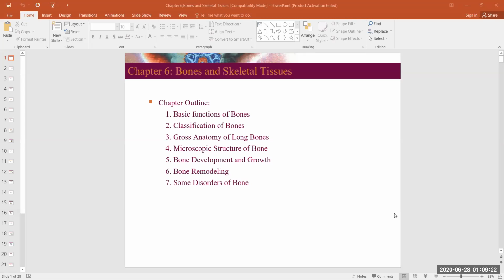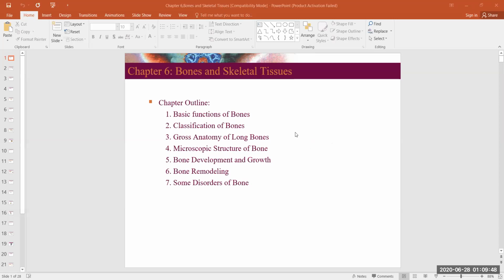Hi guys, good afternoon. I'm starting the new unit, unit 2, and we will start from chapter 6, which is bones and skeletal tissue. In this chapter, I will be going over everything about the bones, the histology and the gross anatomy of the bones and some related disorders. So the chapter outline is